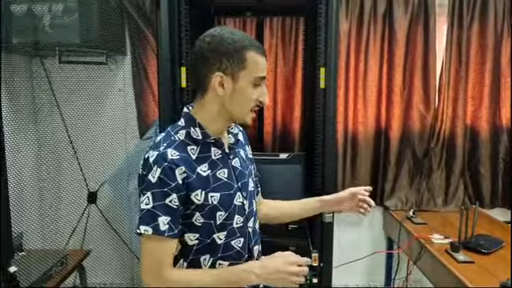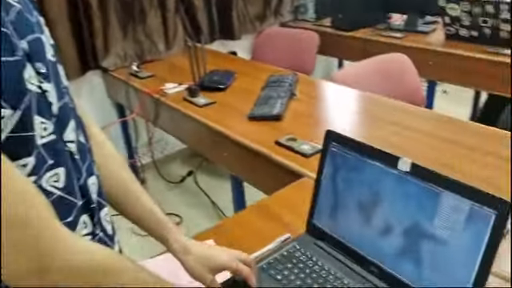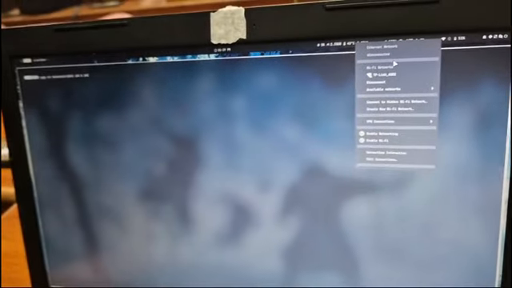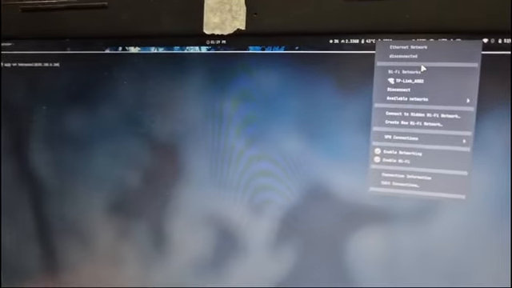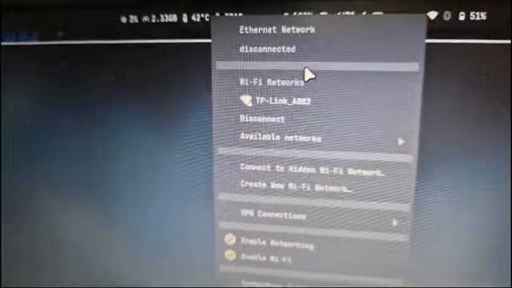Now I can use any device connected to the same local network. For example, I have this laptop. It uses Arch. I am in the local network. I can't connect to this server from the outside world, for example, from my home. But because this server is connected to the same network, I can connect to it just using the SSH command, using the username of the user that I have already created in the server, and the IP address of the server that I got earlier. Now I can just press enter, and